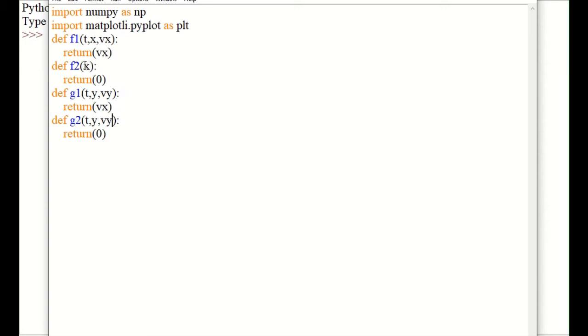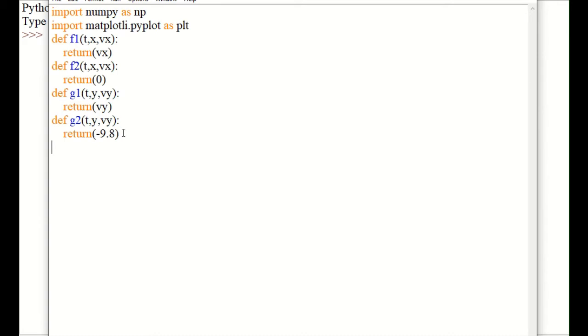Correct. Okay, so we have defined both G1 and G2. What is G1? It's Vy. And what is G2? It's negative 9.8. So we already had all the variables.